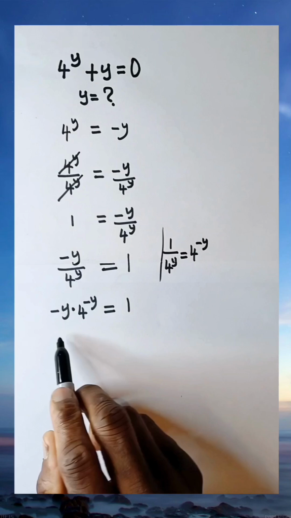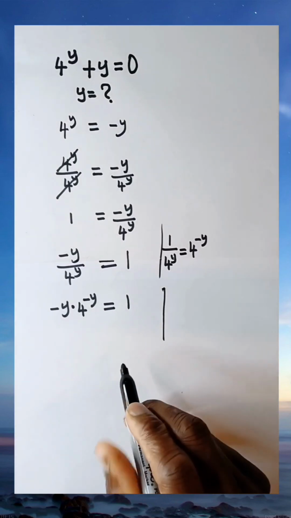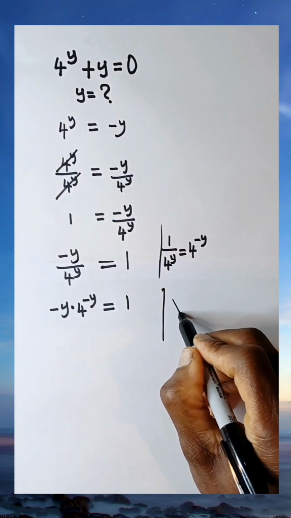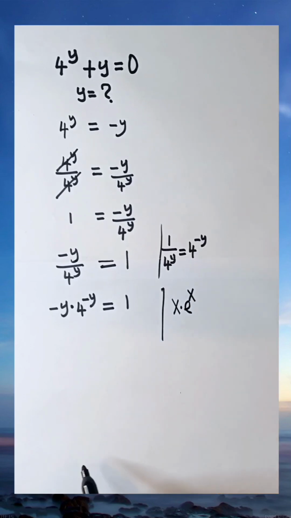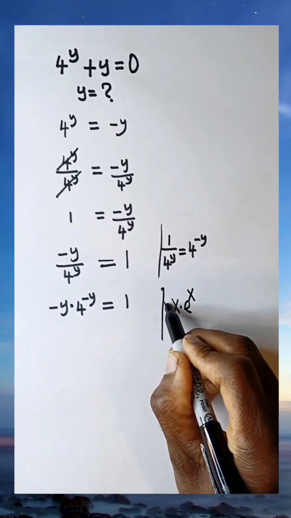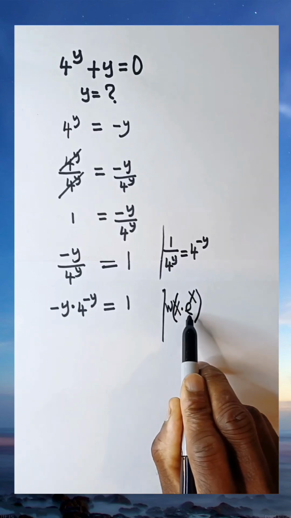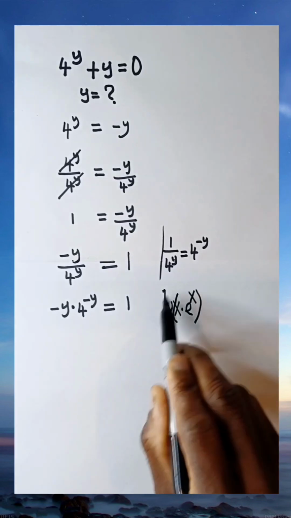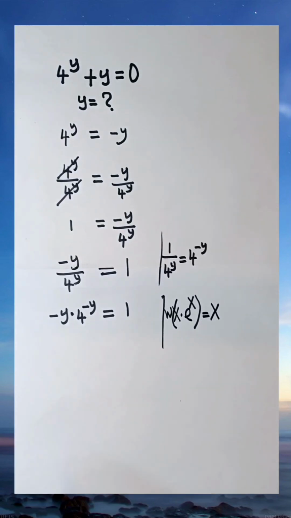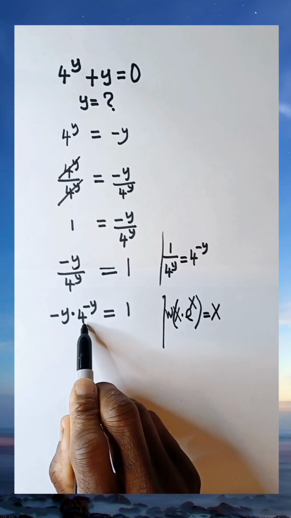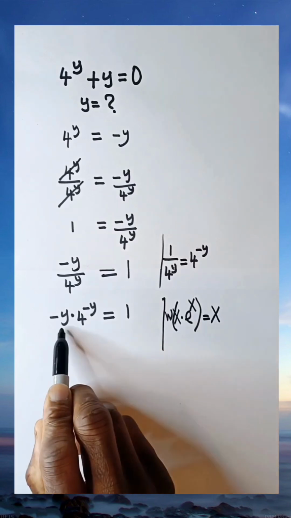Okay, this question will require us to apply the Lambert W function. The Lambert W function states that if we have, say, x times e raised to the power of x, if we apply the Lambert W to this expression, x times e raised to the power of x, the whole of this expression is just equal to x. Okay? All right. So what we're going to do on the left-hand side is to make the left-hand side be in this format